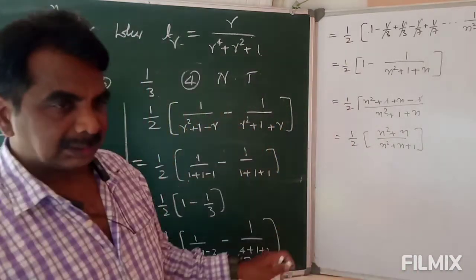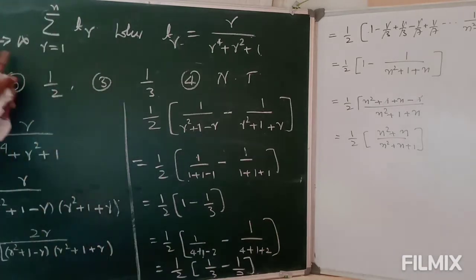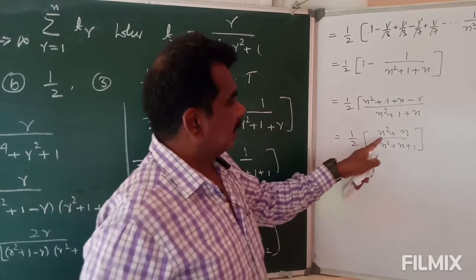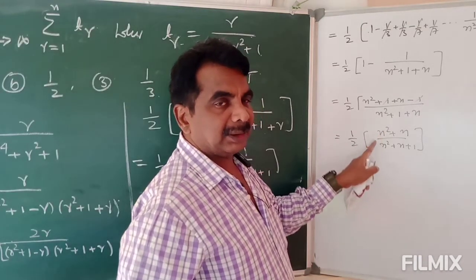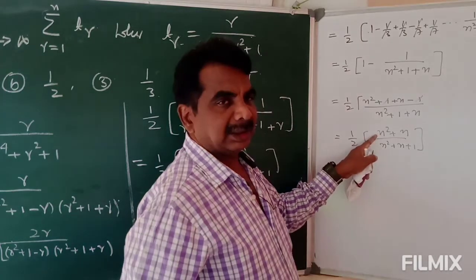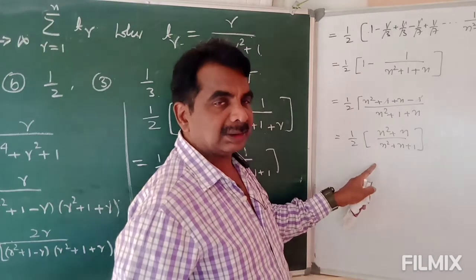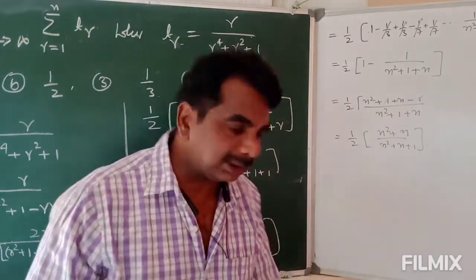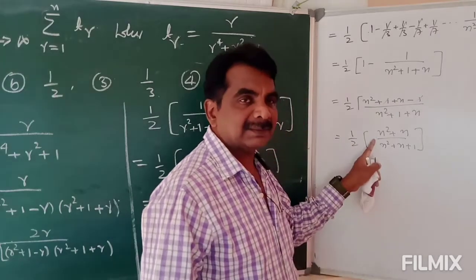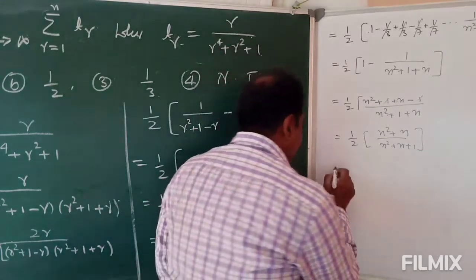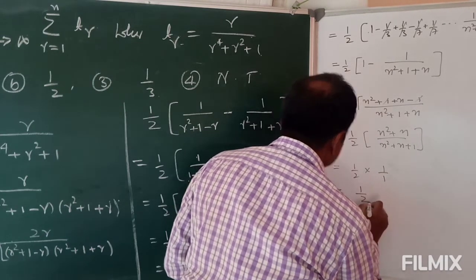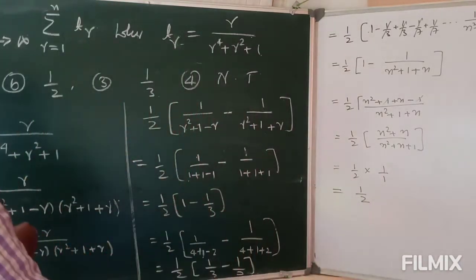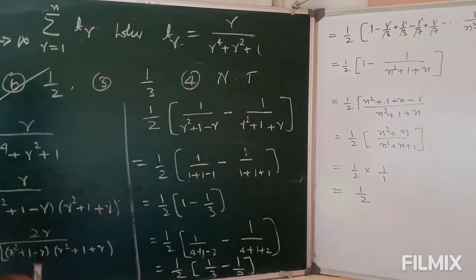Okay. Here you have to put limit n tends to infinity. Now limit tends to infinity. The equation is in the form of f of x by g of x. What is the highest power? 2. Here 2. That is degree of the numerator is equal to degree of the denominator. Therefore, the ratio of the coefficients of this variable. Therefore, 1 by 2 into 1 by 1. That is 1 by 2. Where is this 1 by 2? B is the answer. Understand? 1 by 2 is the answer.